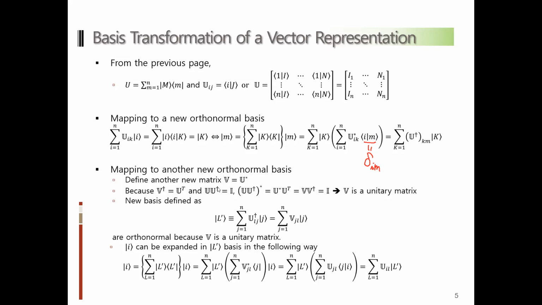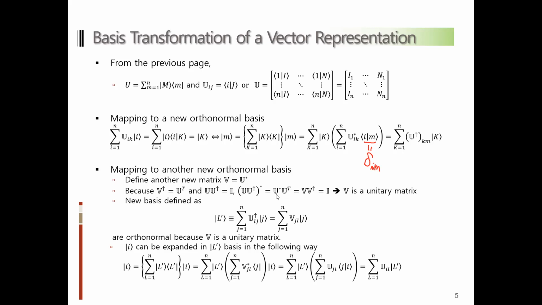But if I apply the complex conjugation to the entire part, then the complex conjugation will be applied to each of the components. So this unitary matrix will be changed into complex conjugation of the unitary. But if you apply the complex conjugation to the Hermitian conjugate,